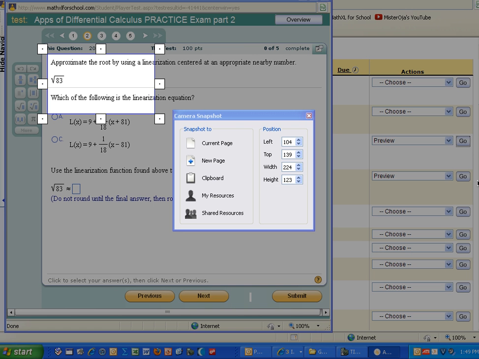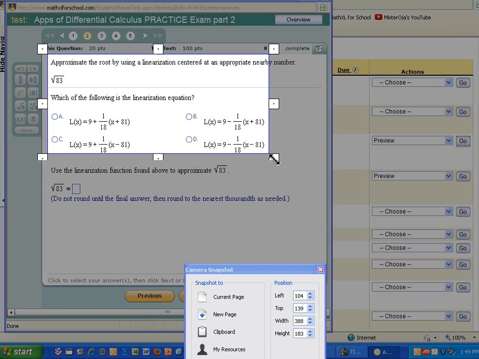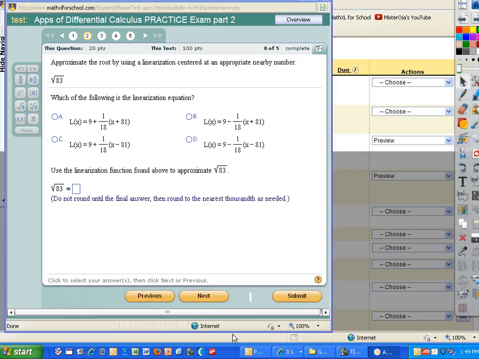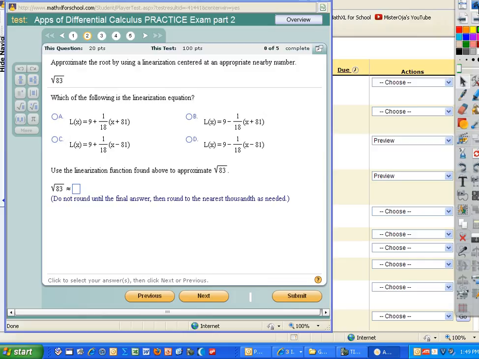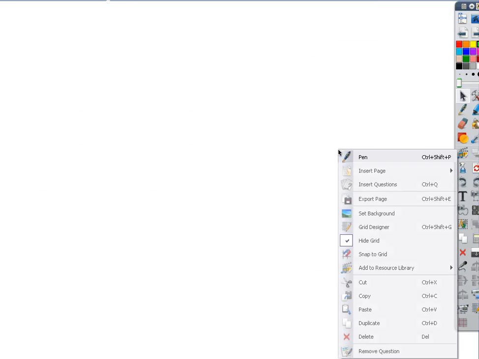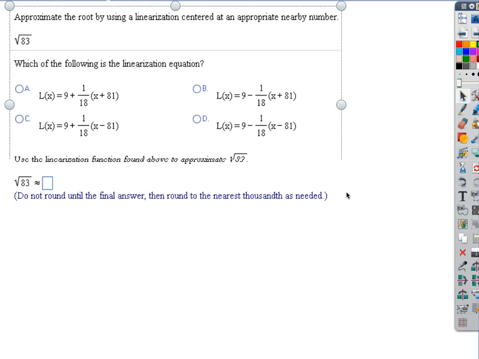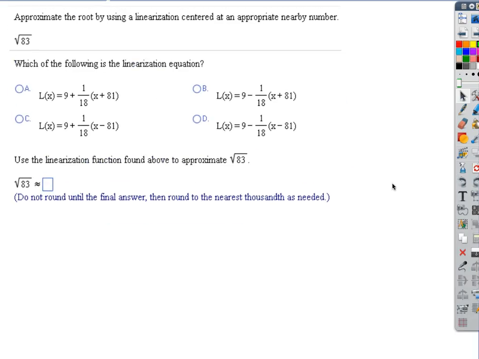Okay, so the Math Excel book does this a little differently than we talked about. Remember what we said was when we want to do a linear approximation, it's always the same. We know that the absolute change in the function delta y is approximated by dy, the differential. And the differential is always just defined as f prime of x dx, right? And so what we would do on this problem is we would write the square root of 83